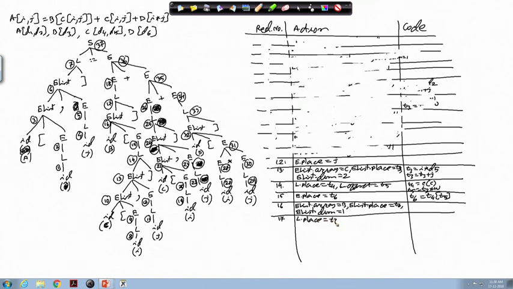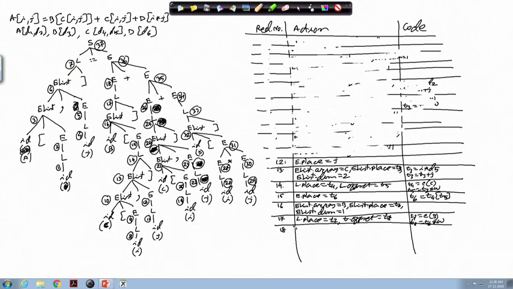Then at reduction 17, it will have L.place equal to T7, another new temporary, and L.offset equal to T8, another new temporary, where T7 is the constant part of B and T8 is equal to T6 into W, and so that is 17.